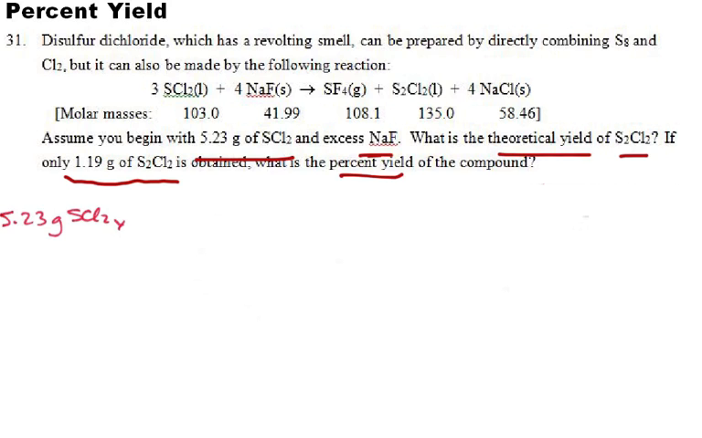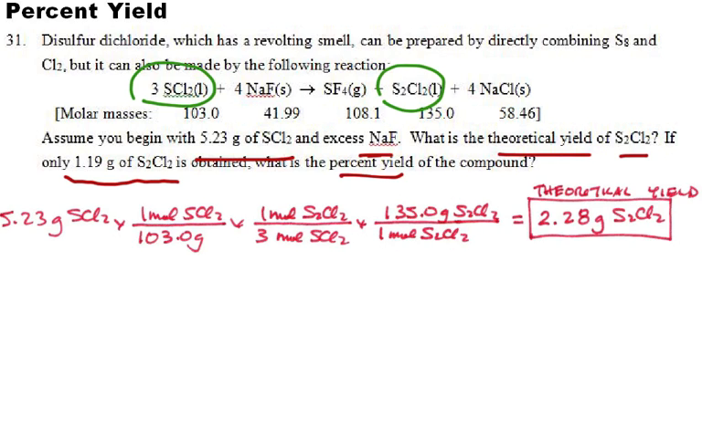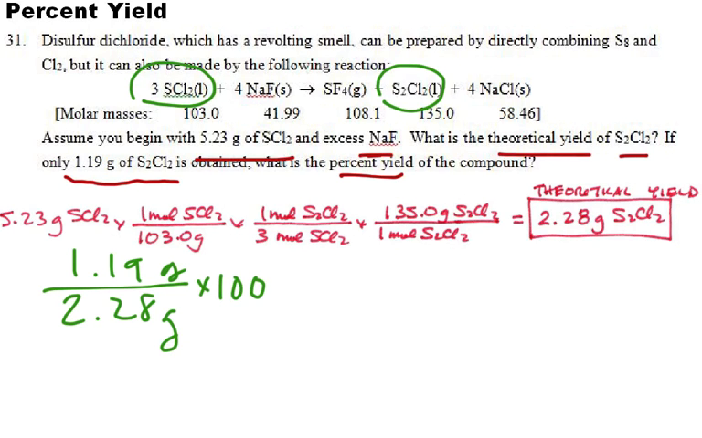So if we had 5.23 grams of SCl2, molar mass to get the moles, the moles, heart of the problem, what we're trying to do is get from our SCl2 to S2Cl2, so we can see it's a 3:1 ratio. Then we go back to grams, so now theoretically we ought to have a yield of 2.28 grams of S2Cl2. Now, they tell us in the problem what we really have is 1.19 grams. So we take 1.19 grams divided by 2.28 grams, multiply by 100, and we get an answer of